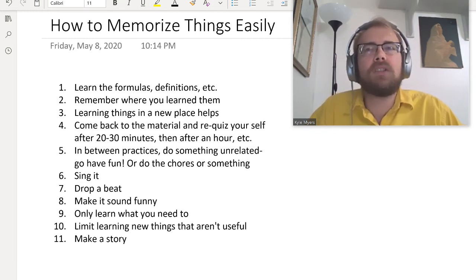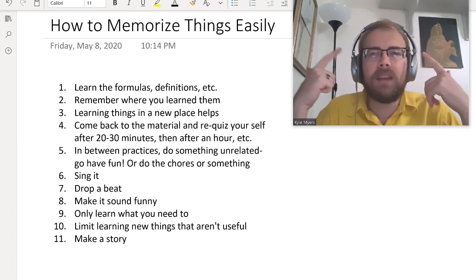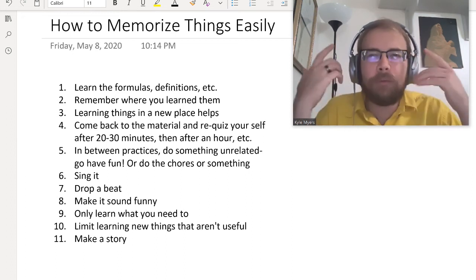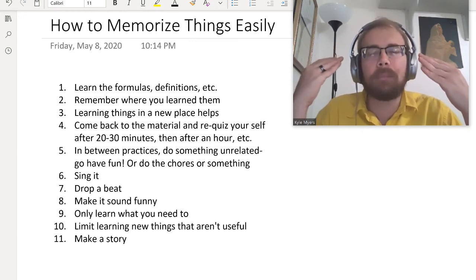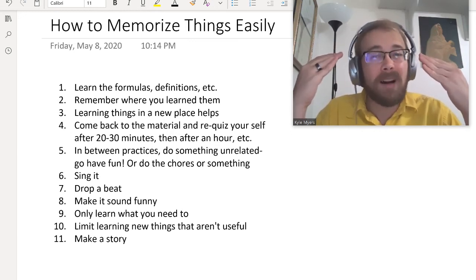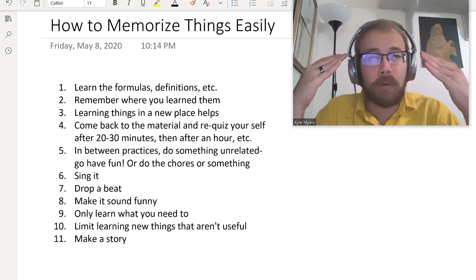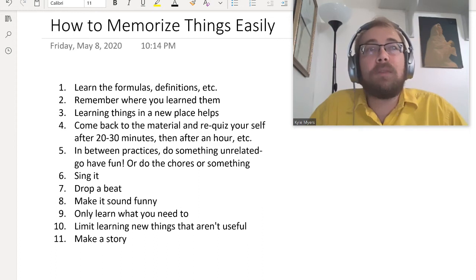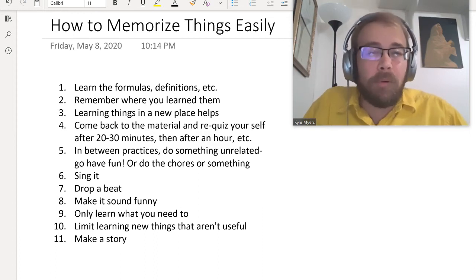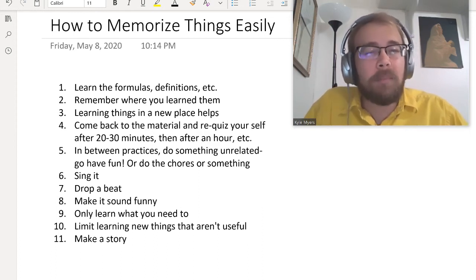Because the thing is, your brain will forget things, and sometimes you get frustrated when you forget things, but your brain is forgetting them because it didn't think they were important. And you subconsciously then didn't think they were important because it's your brain. So if you want it to be important, even though really you don't care, because honestly,